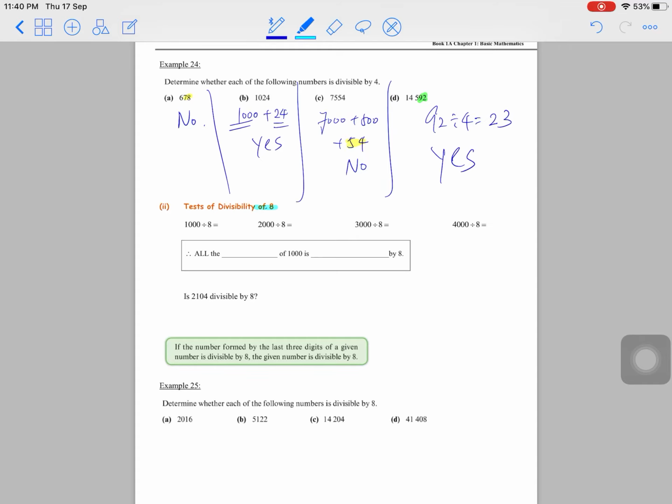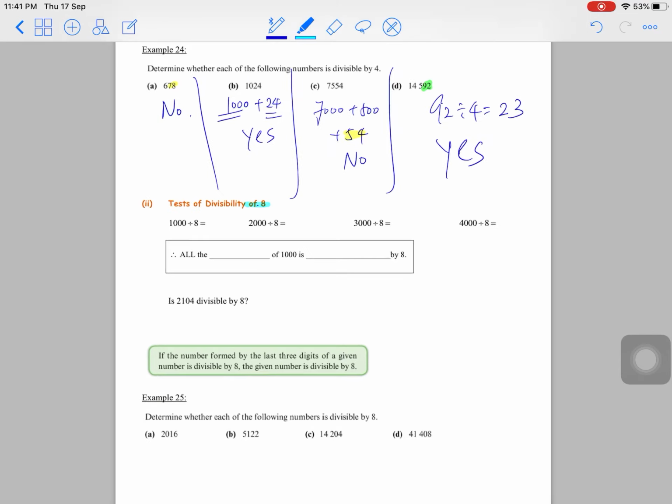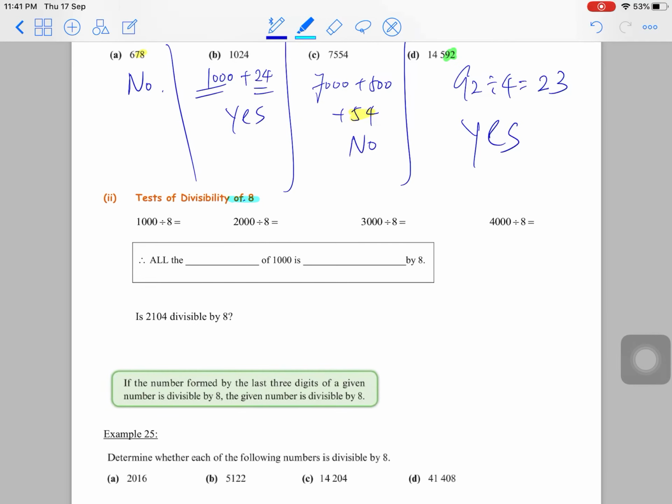So let me check. 200 is yes, but 300 is no. Not many of the multiples of 100 are divisible by 8. So we check the 1000. So 1000 divided by 8